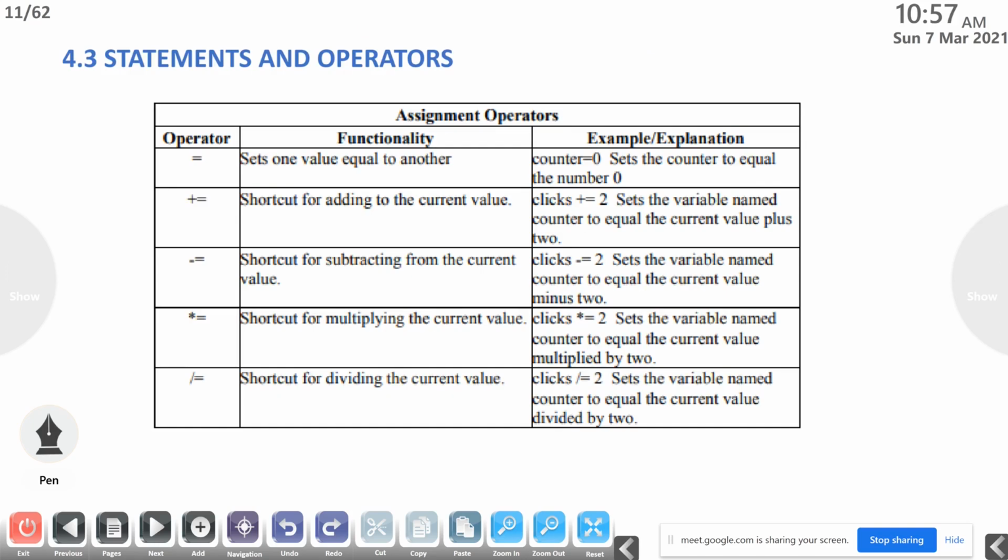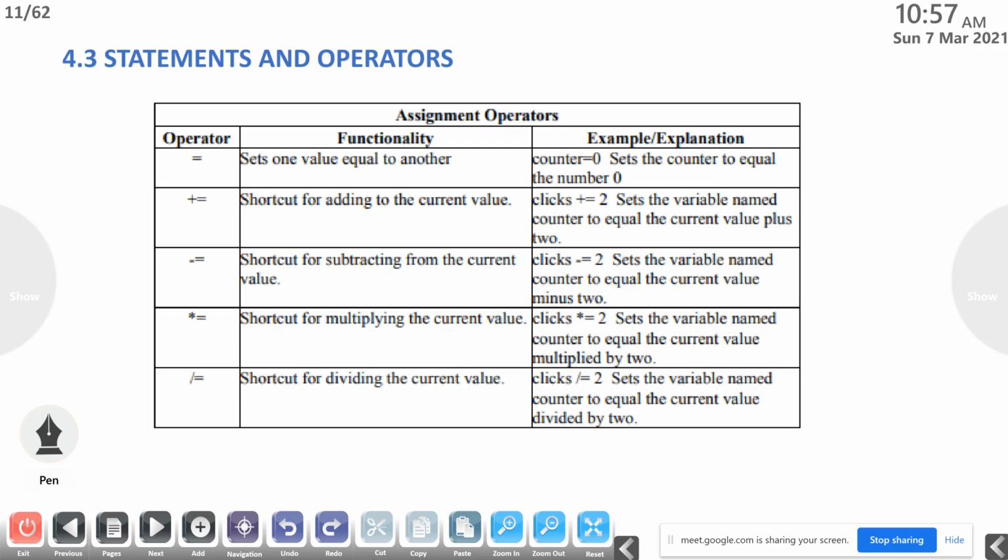Then statements and operators. Here assignment operators are there. I am not going deeply into these things because you already studied them in C. The assignment operator is used for assigning values. For example, the operator equal to sets one value equal to another.